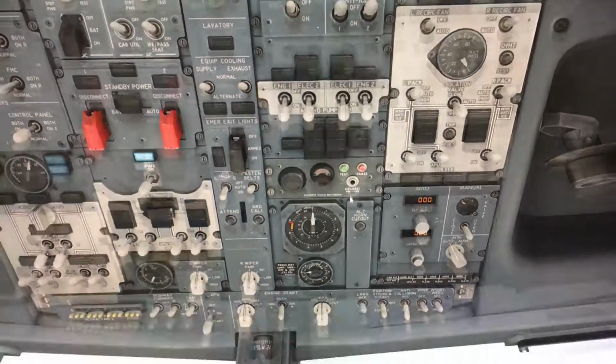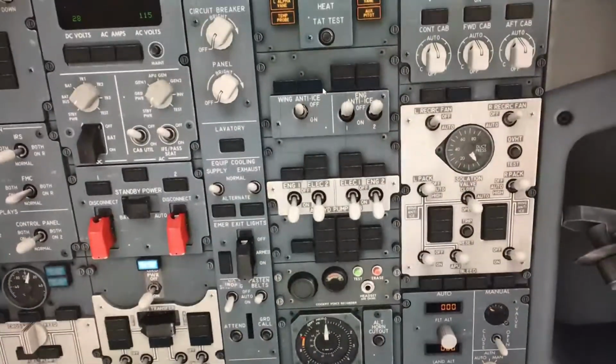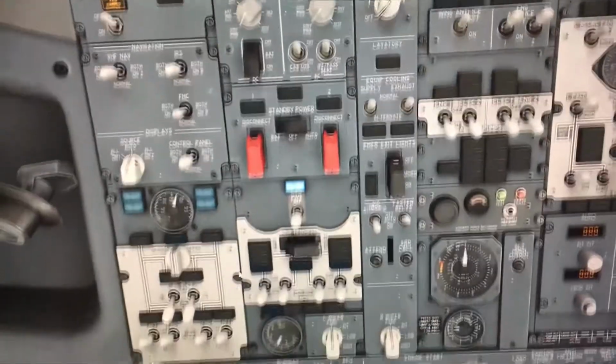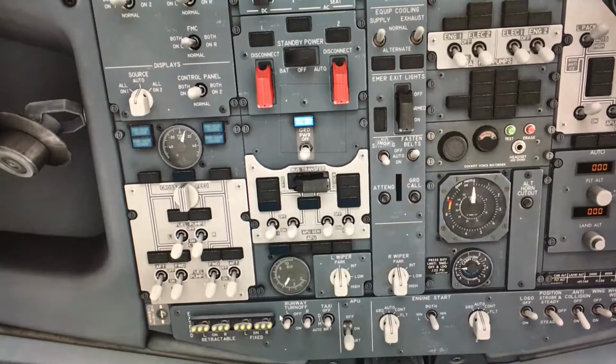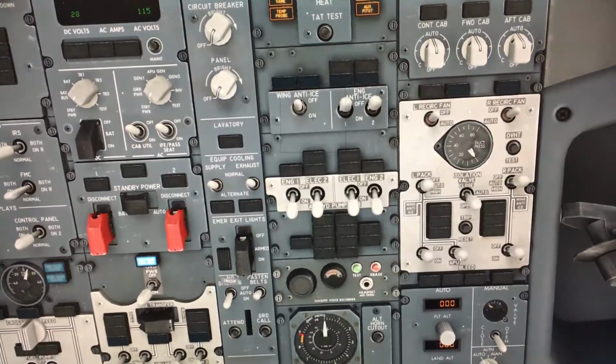Alright, so since we're not parking right next to the building, we don't need any pushback. We can go ahead and start the engine right away. But before we start the engine, we do a check. Hydraulic pump for engine is on. Fuel pump for engine is all on. That is good. And we're feeding the air from the APU to the left engine and right engine, and also the air conditioning and cabin